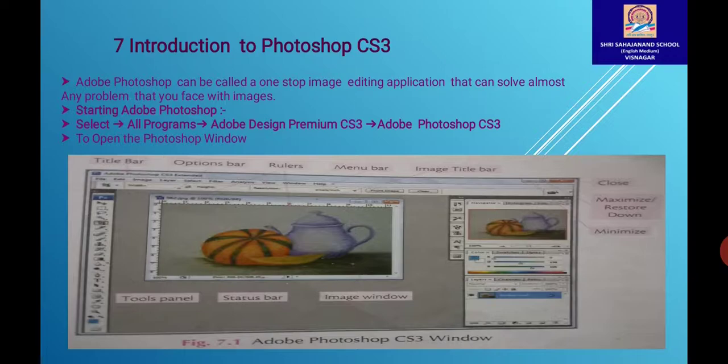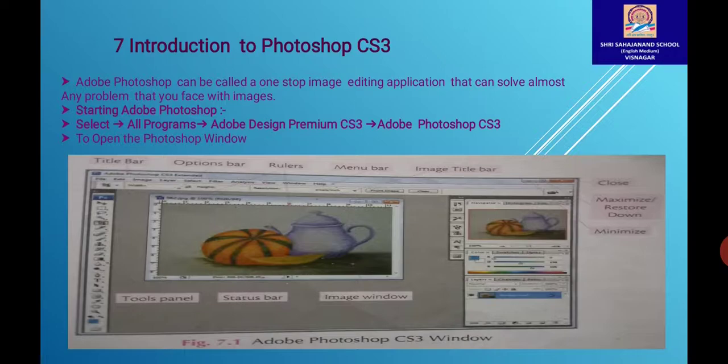In this lesson, you will learn how to work with images using the tools available in Adobe Photoshop CS3. We have worked with Microsoft Paint and drawn pictures using it. Suppose you wish to change your drawing or edit a stored image, Paint can help you draw or modify a simple figure only.